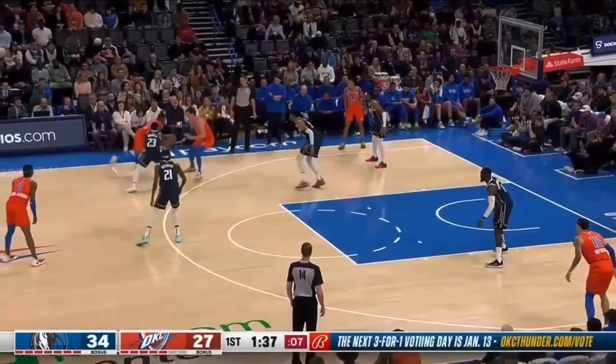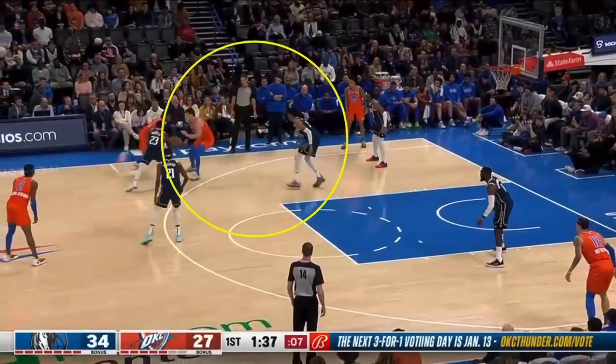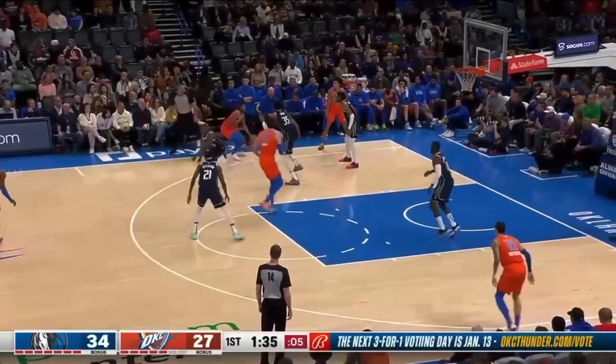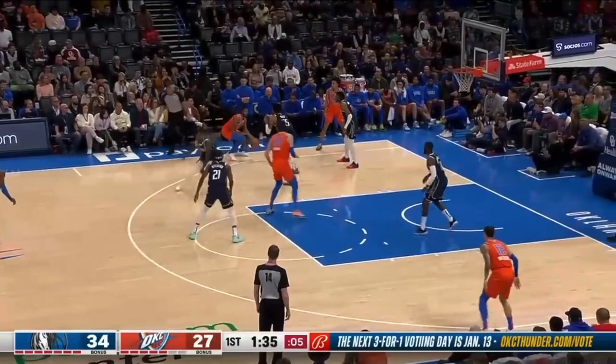Okay, you cannot just start in drop coverage like the Mavericks are doing right here. You start in this and then say, never mind, I'm going to switch. Well, the backside of the defense was defending like you were in drop coverage. So,